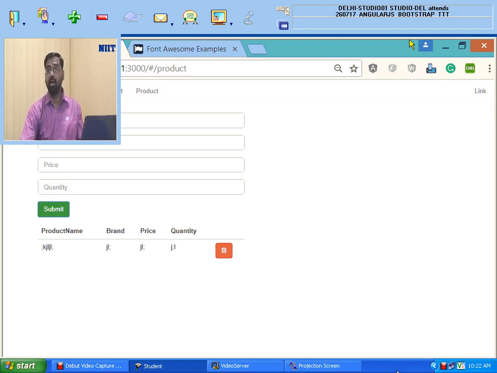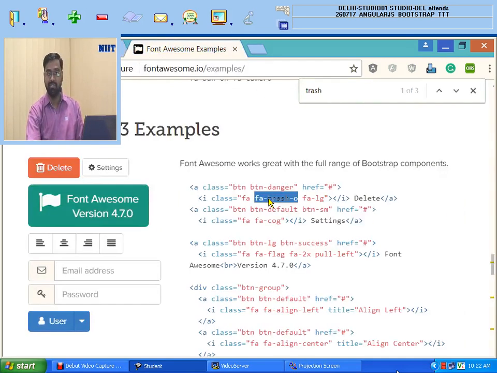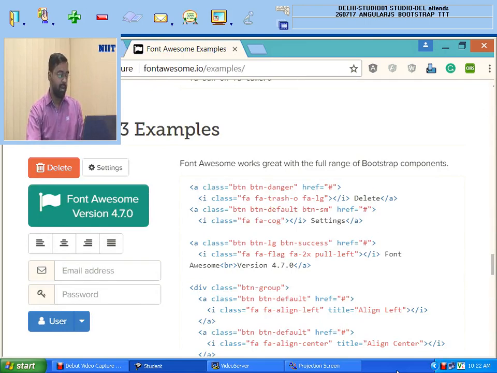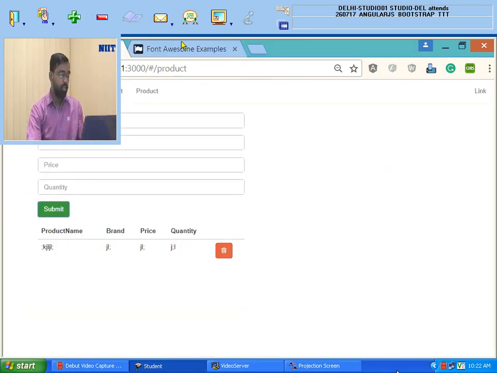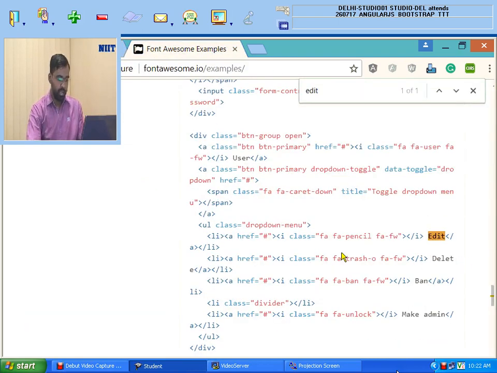Should it be an I tag and not a span tag? No, we can use it in the span tag also, but I was looking for different classes. We have some classes that work in the I tag, which I was using earlier, just like icon classes. But I was looking for these classes which I just used here, which start with FA, that is Font Awesome classes. And I can easily grab this kind of icons by using the Font Awesome CDN. And we can also use the edit icon,